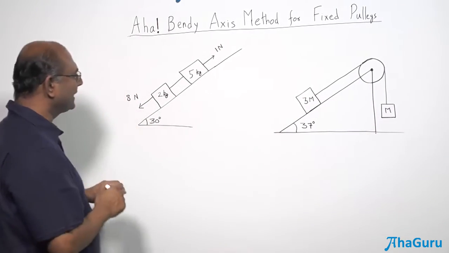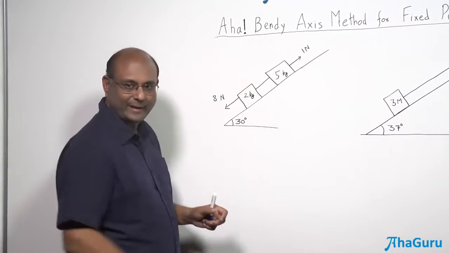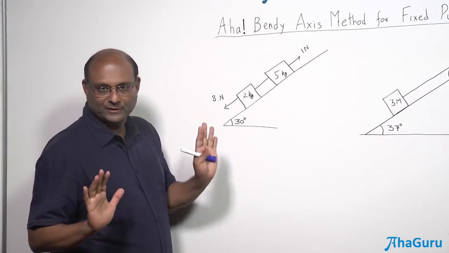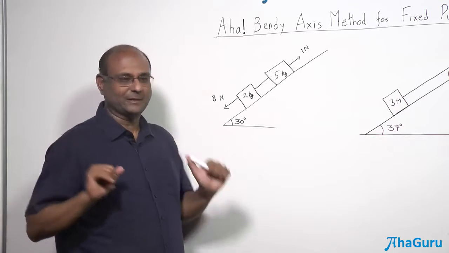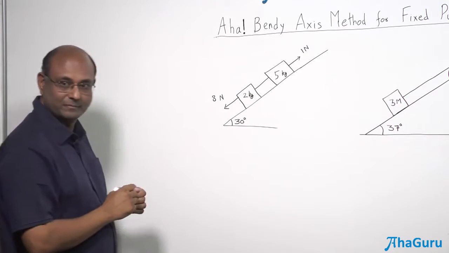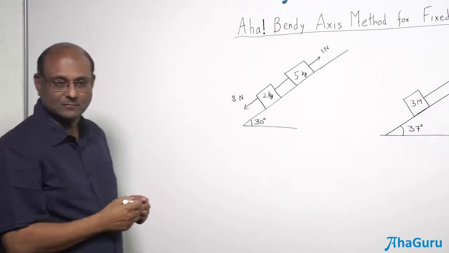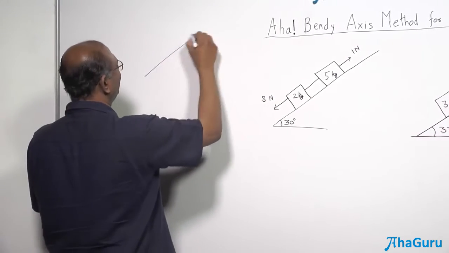But before we get here, let us look at this question. I have here two blocks on an inclined plane. I'm going to assume right now we have no friction. We'll come back and look at questions which have friction. So let's assume there is no friction. How will I solve this problem? Now the gravitational force is downwards. You already know how to solve a problem like this.